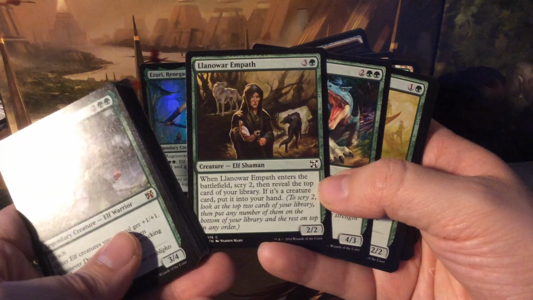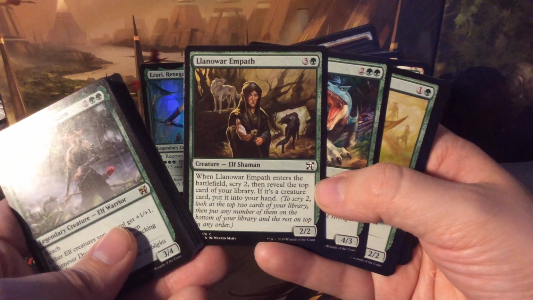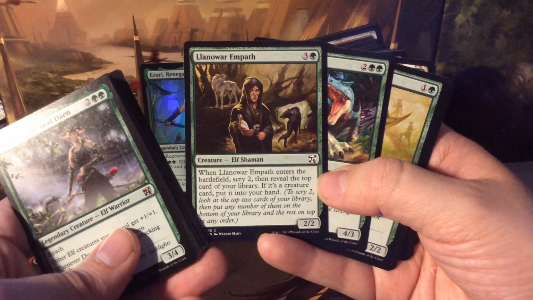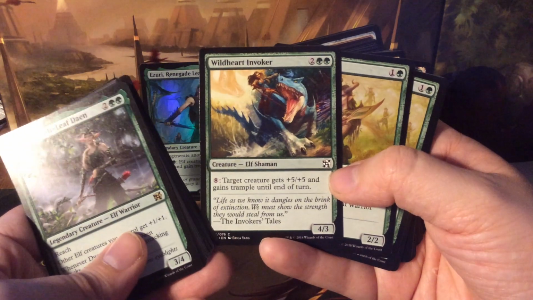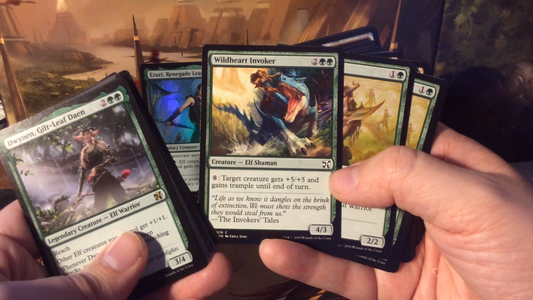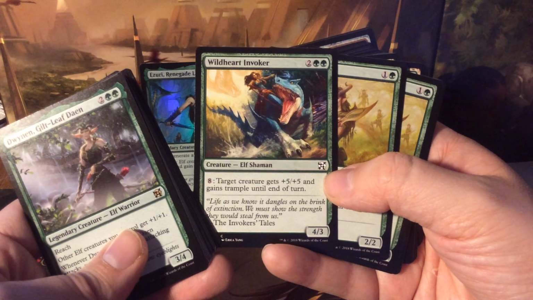Llanowar Empath for 4 mana, a 2/2. When Llanowar Empath enters the battlefield, scry 2. Then reveal the top card of your library. If it's a creature card, put it into your hand. Wild Heart Invoker for 4, we get a 4/3, and if you pay 8, target creature gets +5/+5 and trample